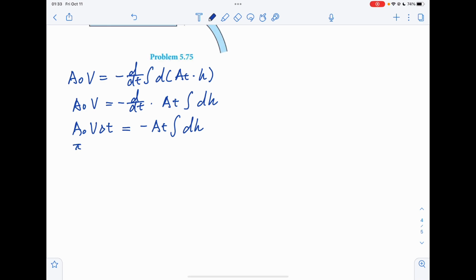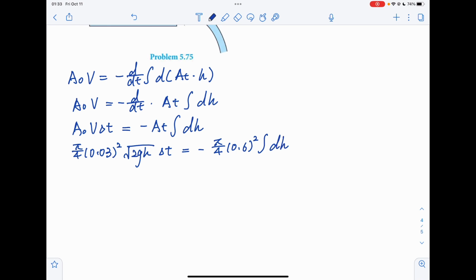We will get pi over 4 times 0.03 to the power of 2 times the velocity, which is square root of 2gh, times delta t, which equals negative pi over 4 times 0.6 to the power of 2 times the integral of dh. And the pi over 4 can be cancelled out, and if we move the 0.6 to the power of 2 to the right,